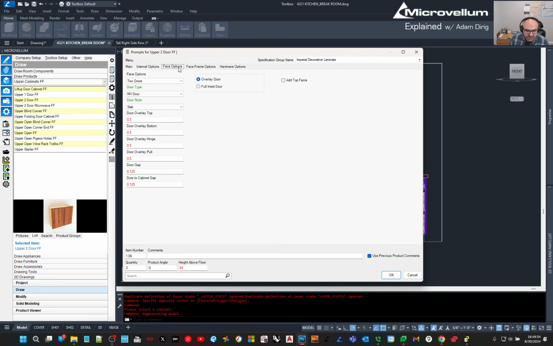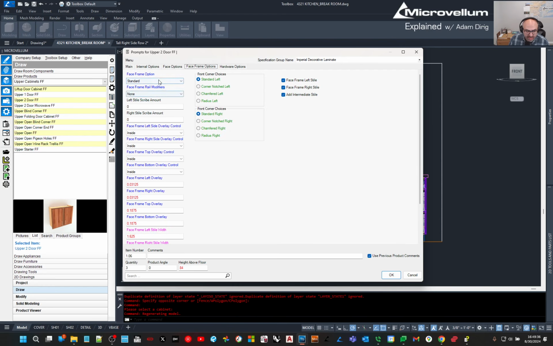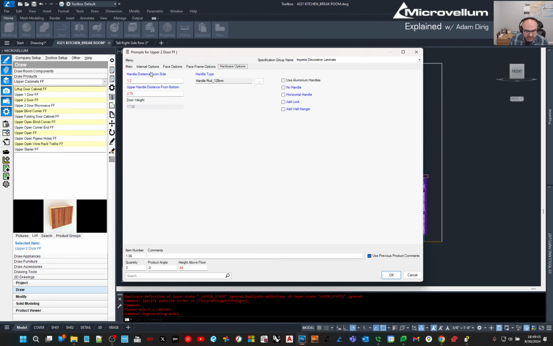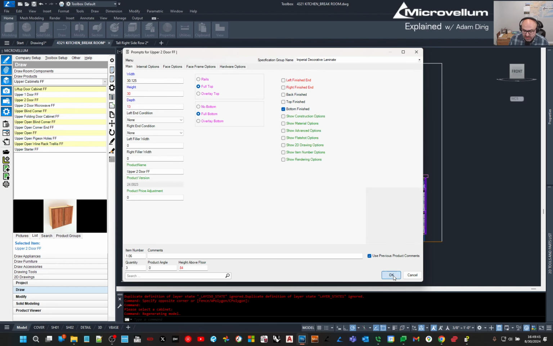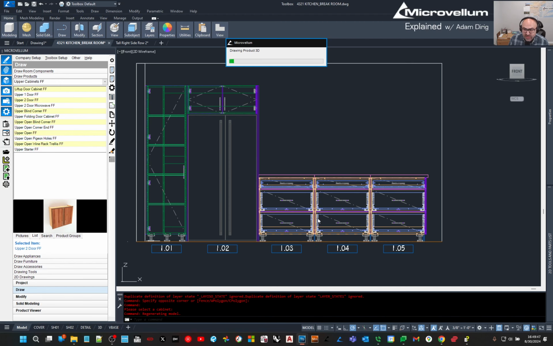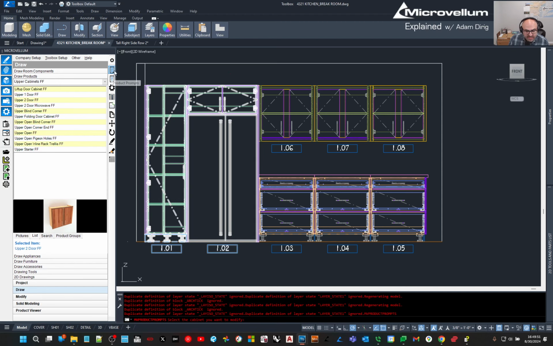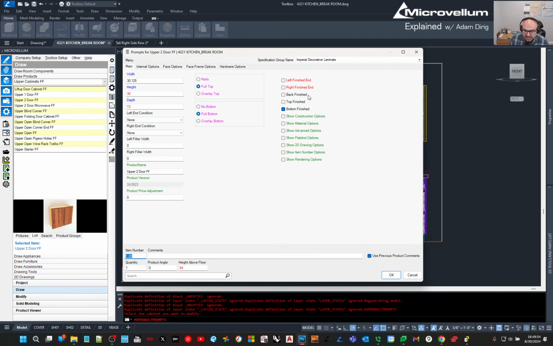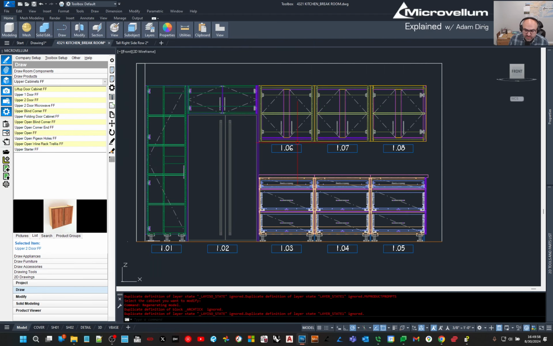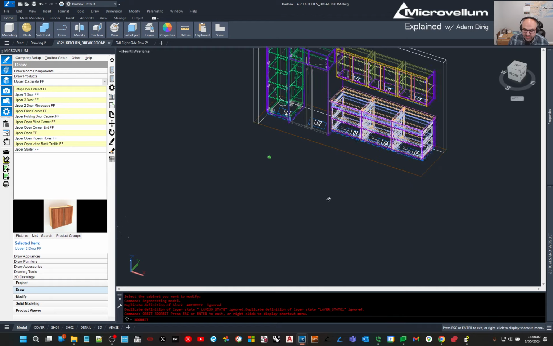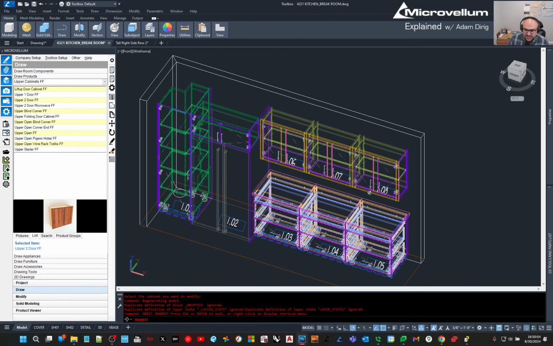If we wanted to adjust face frame options, we have the option here. Oh, I do want to make it an inset door versus the overlay. That's the one thing I wanted to change. Other than that, everything looks good. I'm going to click OK. And it's going to draw in those 3 upper face frame cabinets. Only thing I need to do on this is I'm going to say, no, this last cabinet needs to be a right finished end. So here I have my kitchen break room, and it looks like the drawing's done,